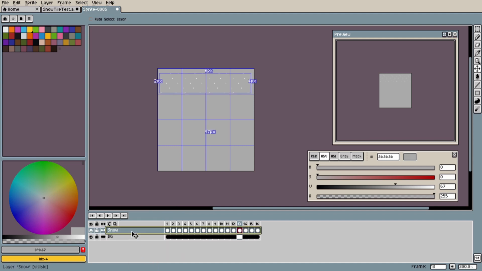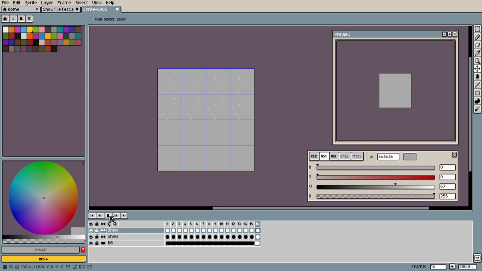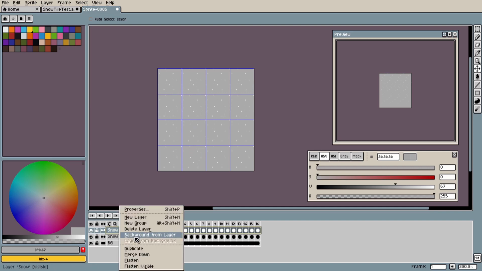We copy, paste, and this time, after selecting the layer, we move it down 32 pixels. We check that the animation is okay, which it is. We merge down, copy, paste, and for the last one, select the layer, move it down 64 pixels. Merge it down. There is our